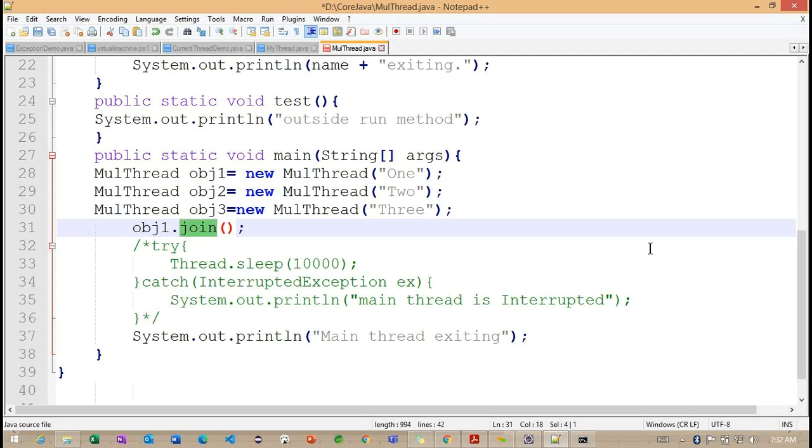We'll see a simple example of the isAlive method as well as the join method. I want to work on the same example.